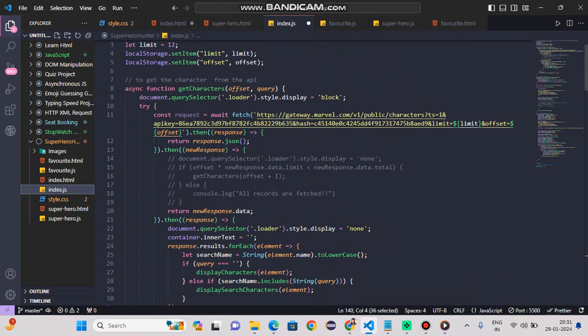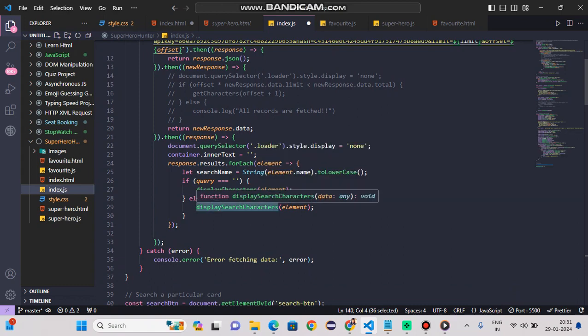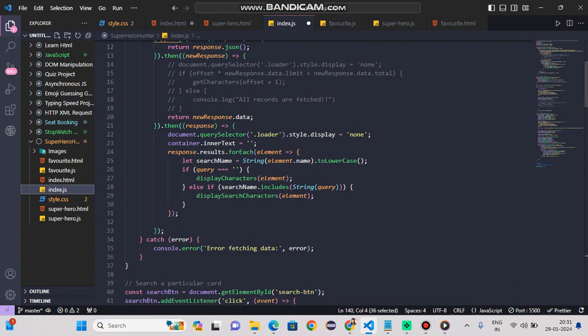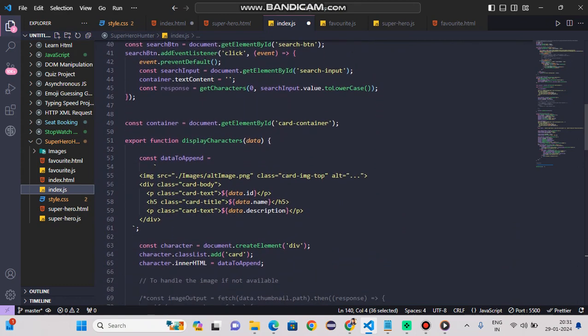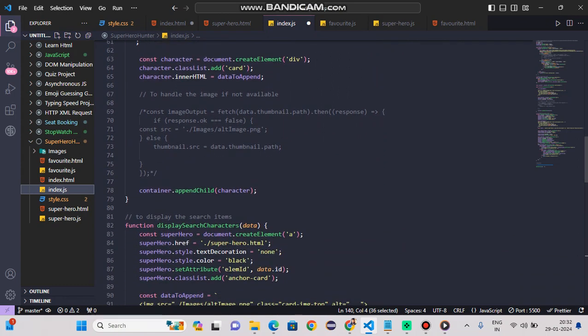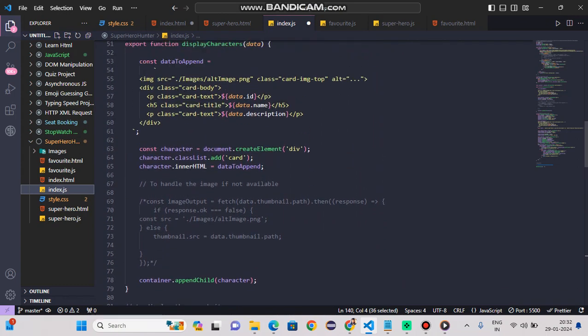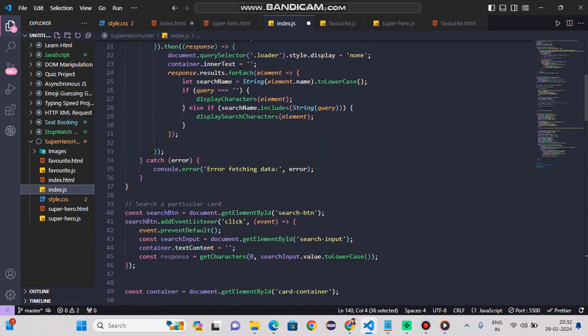Here I used the fetch API. I fetched data from the API and passed it to the display search characters function, which will display the characters on the screen of the home page. This is the function for displaying characters. When the user searches any query on the search bar, this event listener